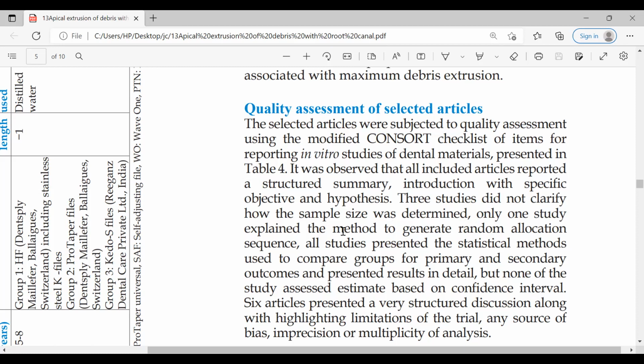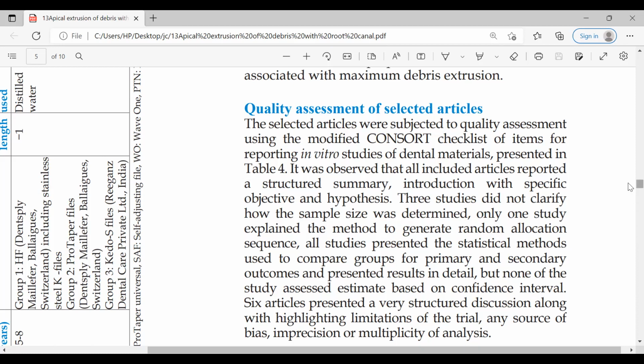Only one study explained the method to generate the random allocation sequence. All studies presented the statistical method used to compare groups for primary and secondary outcome and presented results in detail, but none of the studies assessed estimates based on confidence interval.